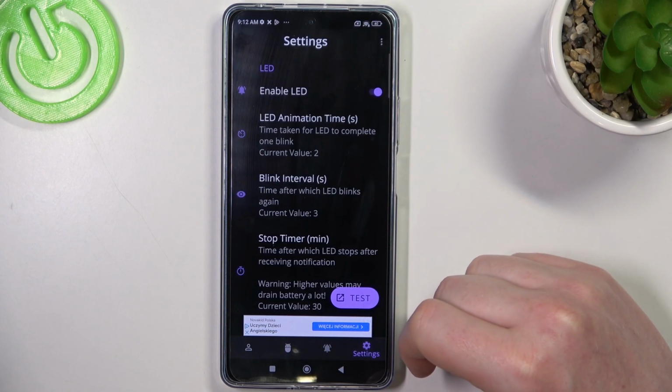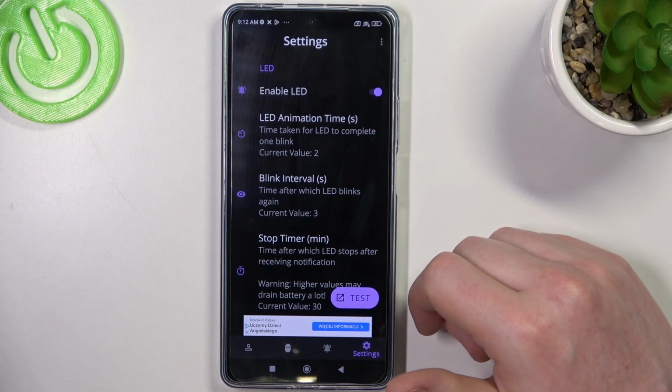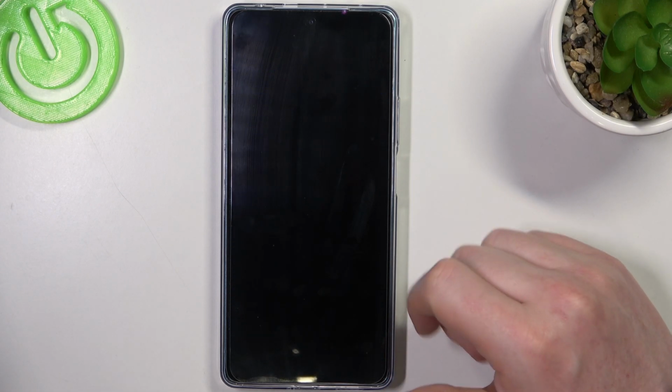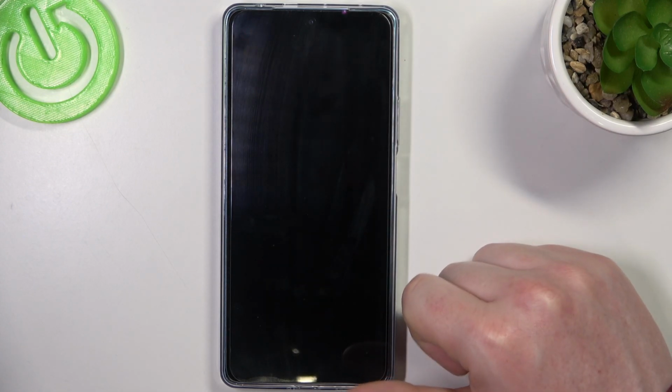And in Settings, we can customize the LED lamp with different size, shape, placement on the screen, or color. You can click on the test button to see your LED lamp, and by default it should be placed right there. And that's it for this